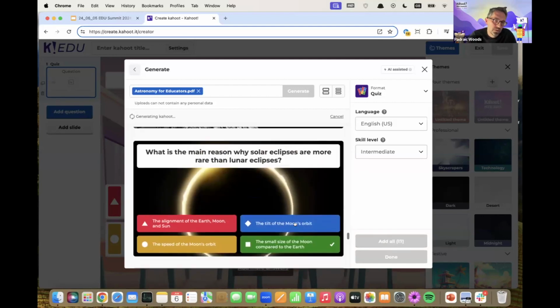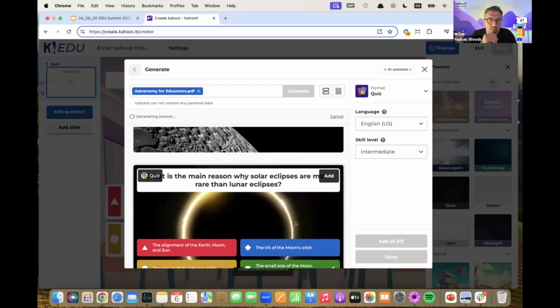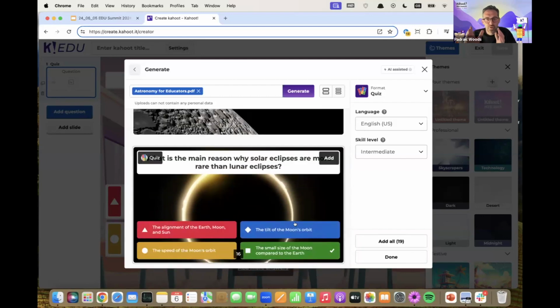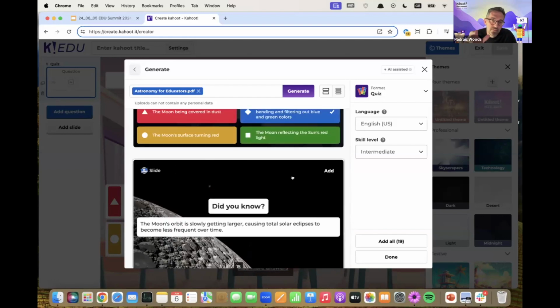So yes, and still with AI, you can't trust it. We have ensured that there's a human in the loop, so that you have the chance to validate the output here before you save your Kahoot and present it to your class, or enrich the Kahoot with more questions manually